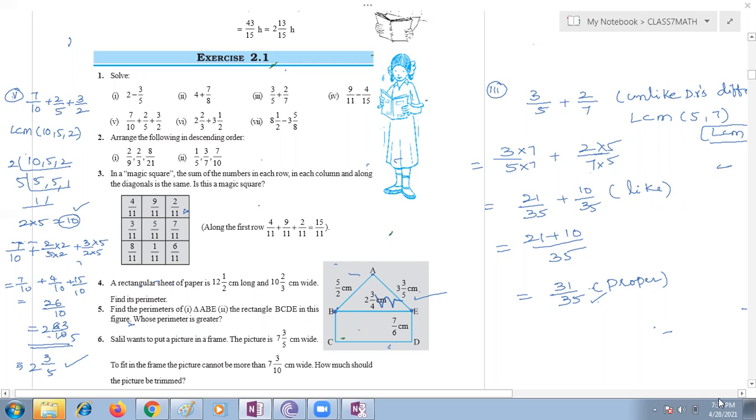Ma'am, my sixth one. Sixth one, let me check. 6 1 by 6. Srishti has given 13 by 5. Srishti, yours also, ma'am, on the fifth bit. And ma'am, I have given it as 2 3 by 10. Ma'am, for the sixth one I got 6 1 by 6. Ma'am, me too. I got the same, 6 1 by 6. Those who got it are correct, children. Ma'am, and the seventh one answer, can I tell? Yes. Ma'am, the seventh one answer is 4 7 by 8.